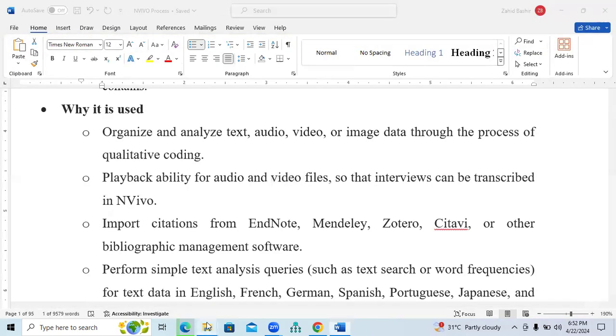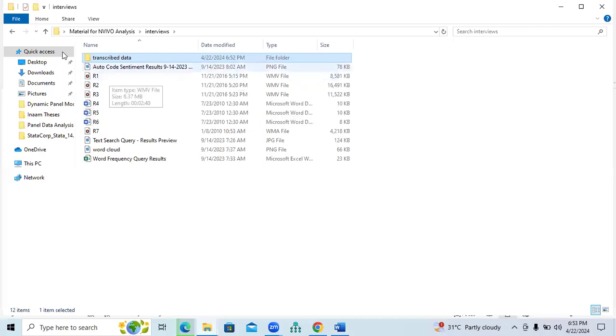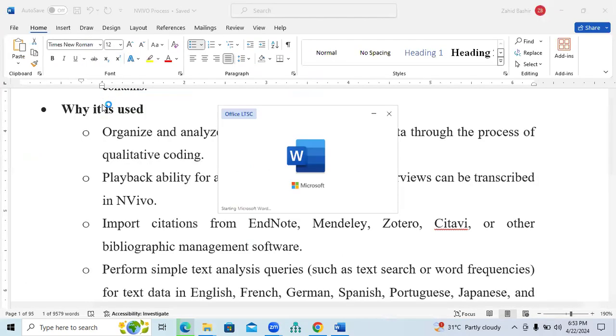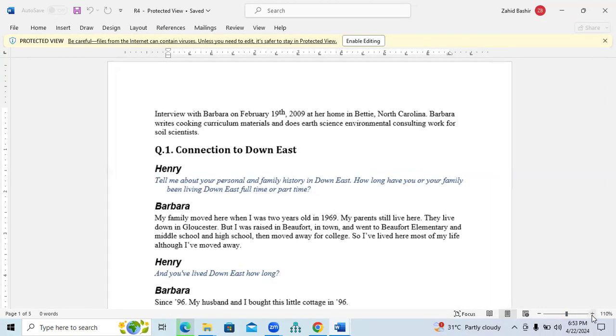You can also find a lot of other transcribed data. For example, if you see here, there are some audio files, R1, R2, R3. These are audio files. And there are some textual files like R4, R5, R6. These are basically the transcribed data. For example, if I would like to open the R4 file, it means respondent 4. So you can see here there is an interview file,